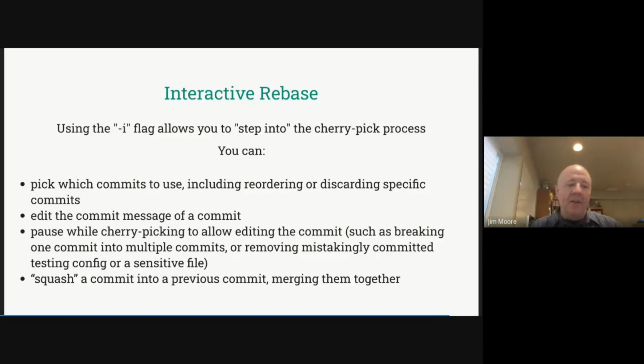Typically, what you're doing with that is you can do things like squash those commits. So you can say, these last 5 commits, I want to squash them together into a single commit, because logically, they're five times that I did a commit, but it's logically one thing. And so you can squash those together. You can reorder them. You can edit the commit message. You can do any of those kinds of things. You have full control on how it's going to apply that new change set.